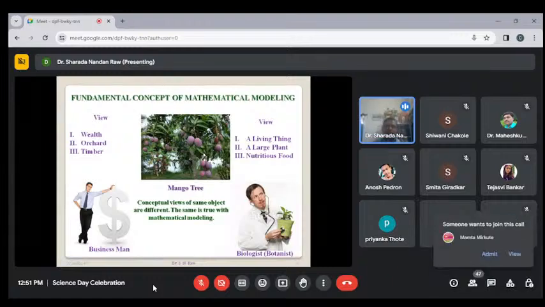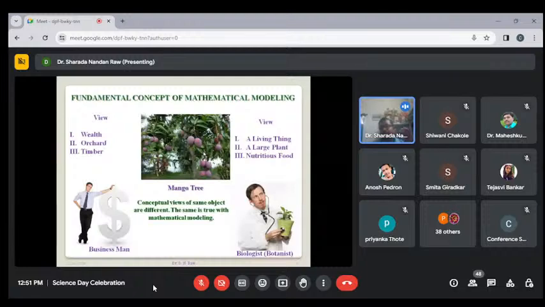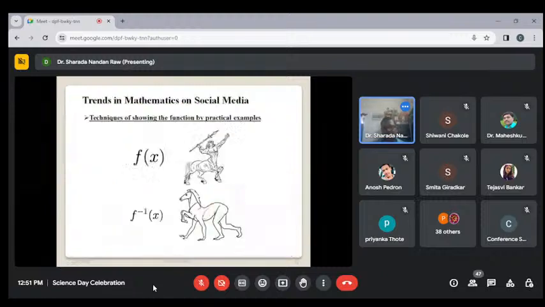What is our aim? What is our objective to find in a real world problem? So first we decide what our need is. According to that, we can incorporate our assumptions. We can impose the natural law, physical law in that real world problem. That is the main basic concept about mathematical models.